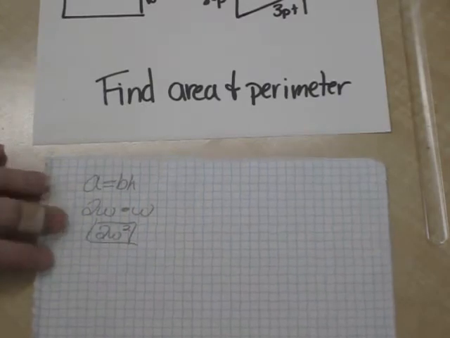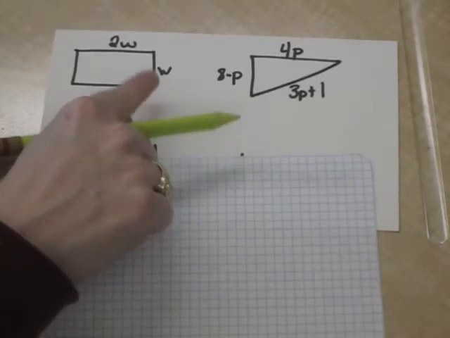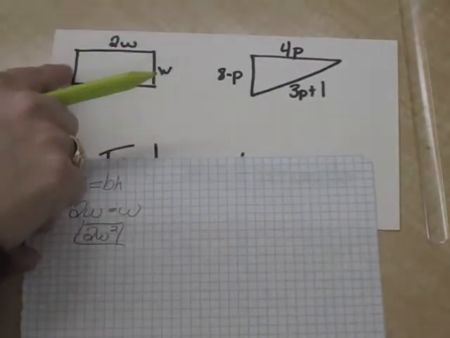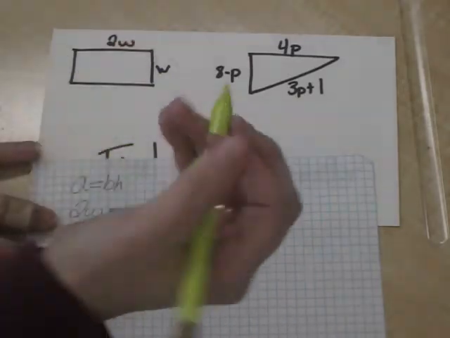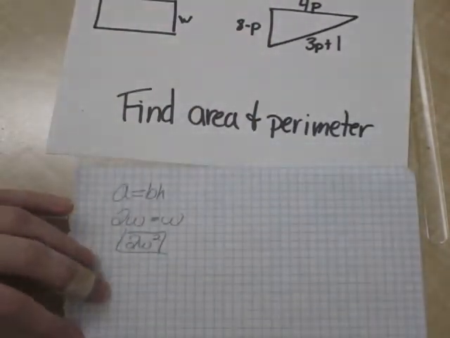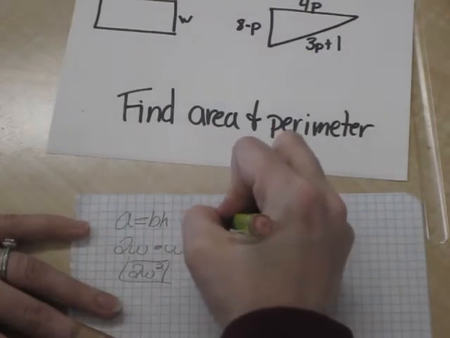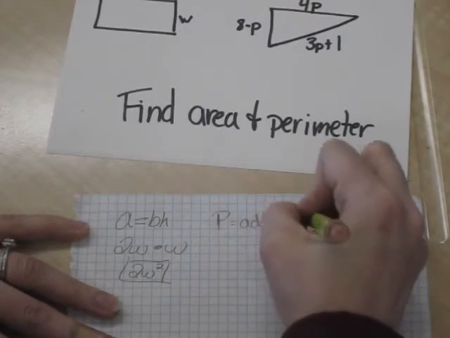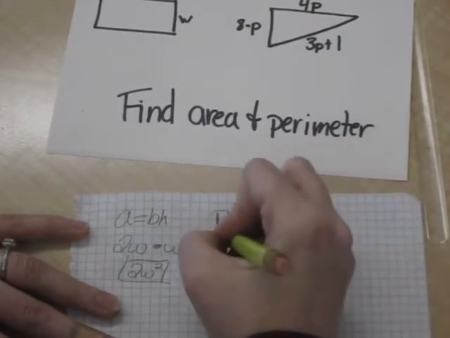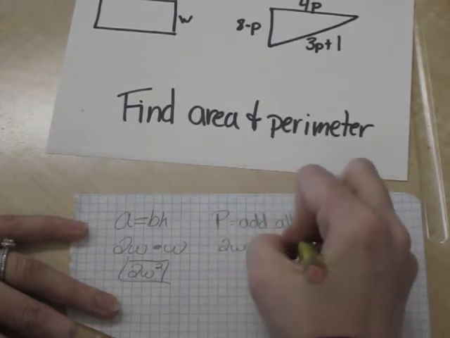If I wanted to find the perimeter, I'm going to add all sides. Well, two of my sides aren't shown, but it's a rectangle, so I know if this is w, this is w. And if this is 2w, this is 2w. So to find my perimeter, I'm going to have to add all sides. When I do that, I get 2w plus 2w plus